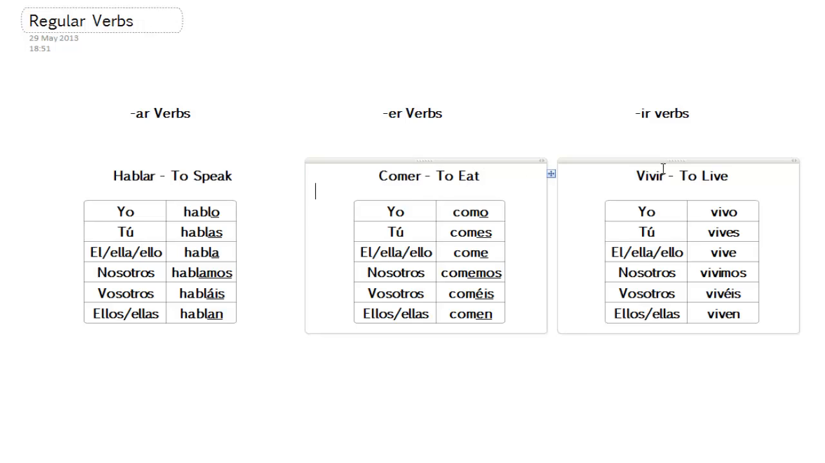And then there's IR, which is to live. Now remember the V is like a B, so it's vivir. Now you're probably living the vida loca. Vida is life. Living the crazy life is the old